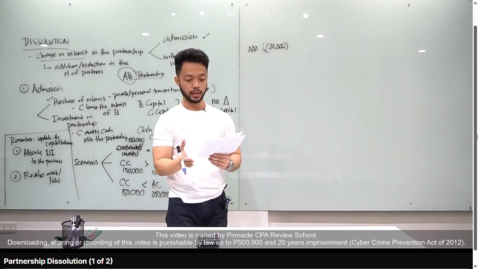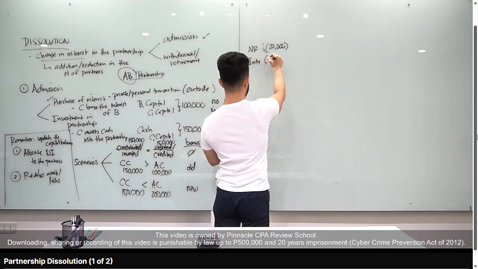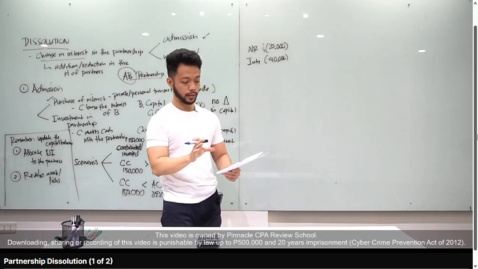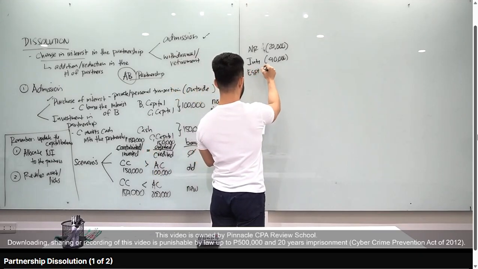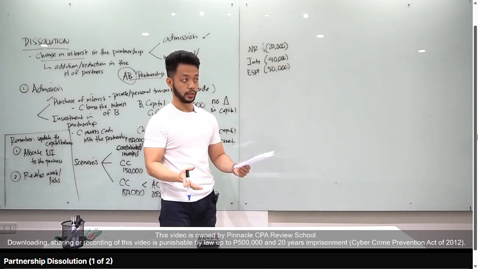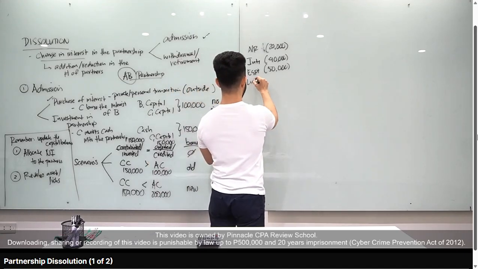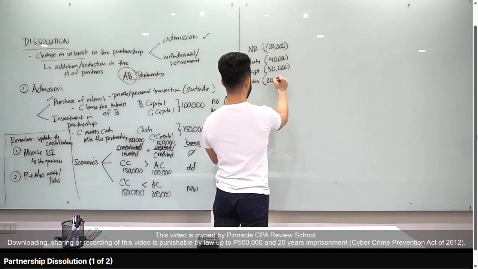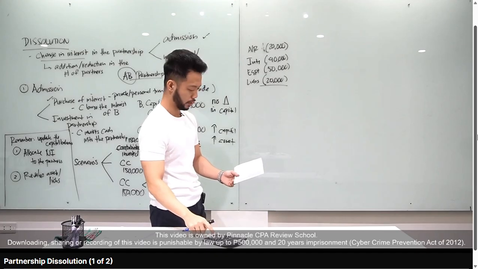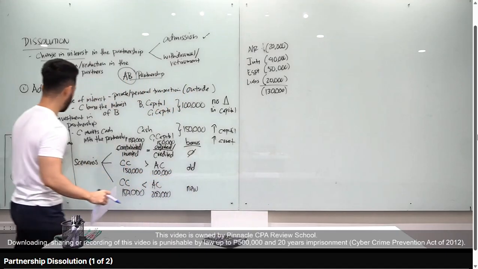Inventory, only 160 now. From 200 in the given, the book value became 160. So for inventory, that is minus 40,000. Right? Next, equipment, the fair value is now 450. From 500, it became 450. So that means minus 50,000. Correct? Of course, if it increases, then it is plus. Unrecorded liabilities, 20,000. Since it is unrecorded, we add to the liabilities, which means we have to reduce the capital. Correct? So for liabilities, the effect on capital is inverse. There, those are our adjustments. 20 plus 40 plus 50 plus 20, you have 130,000. Our total adjustments are 130,000.